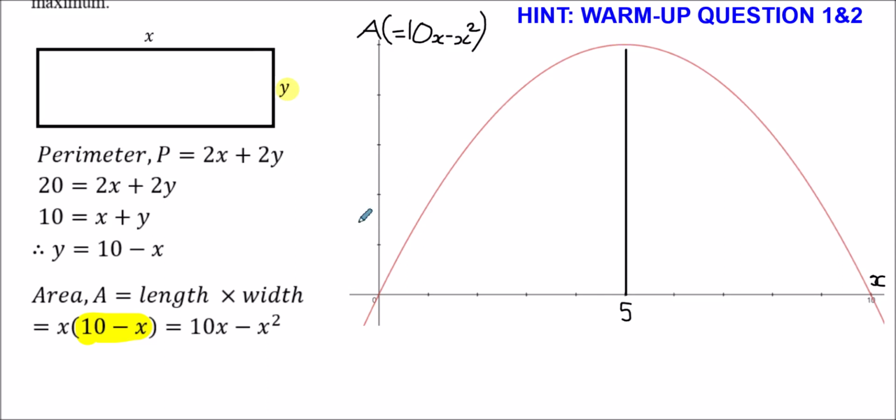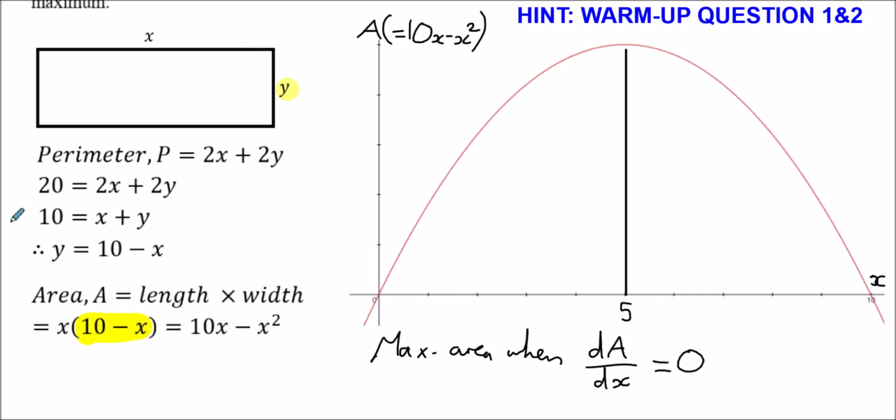So we'd expect the maximum area when this gradient is at 0. So that's when dA by dx, it's not dy by dx, here on my y-axis I've labelled it A. So when the gradient is equal to 0, dA by dx is equal to 0,